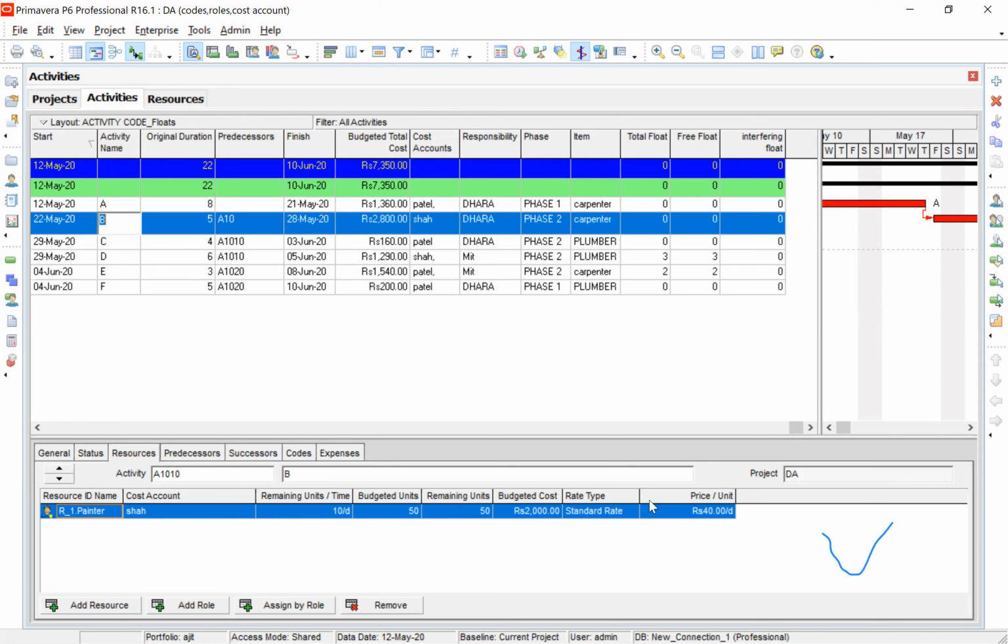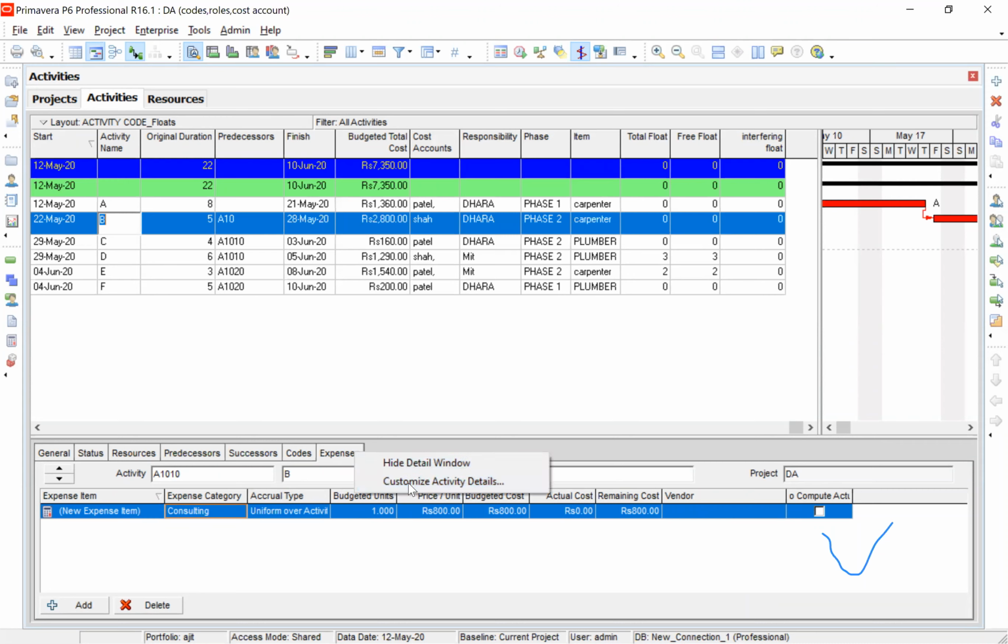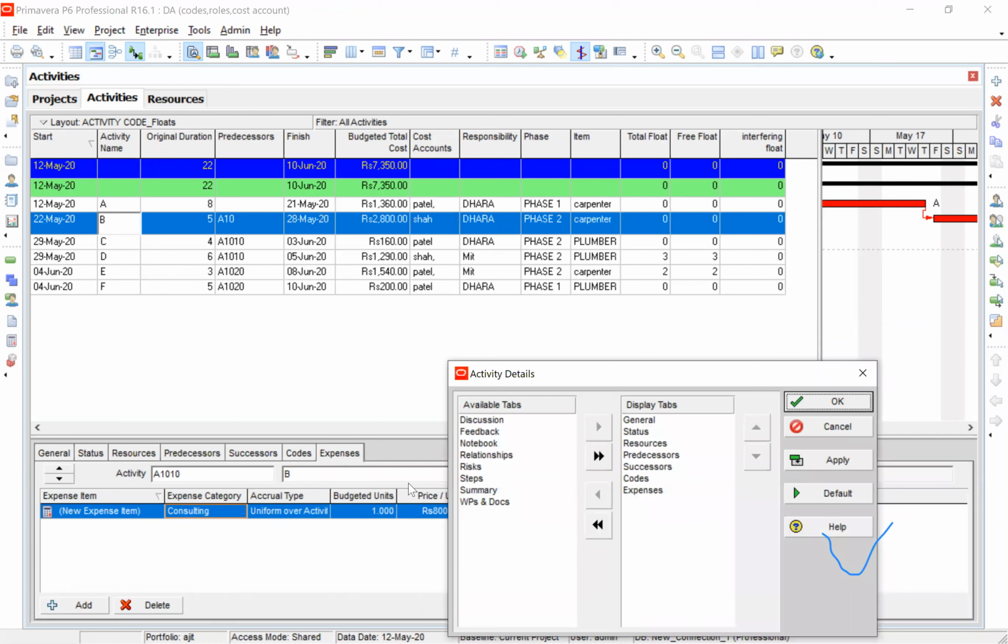Now, over and above that, I say that this activity B requires a consultant to look after this activity. So how to add that? In Primavera, when you customize this expense item, you will see the items. You can add that item of expenditure, which I have added here, and that is how you get the expense column.